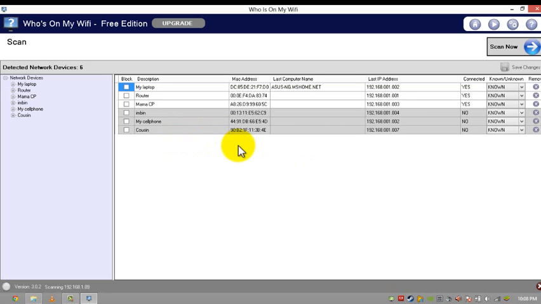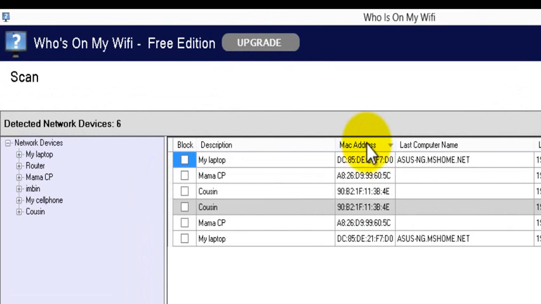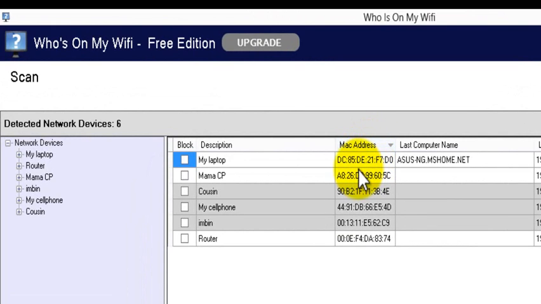So how do you know if such a device is unknown or known to you? All you have to do is check the MAC address of the device, because every MAC address is like a digital signature of your device. If you look at this one, this is the MAC address of my laptop, which is unique only to my laptop.